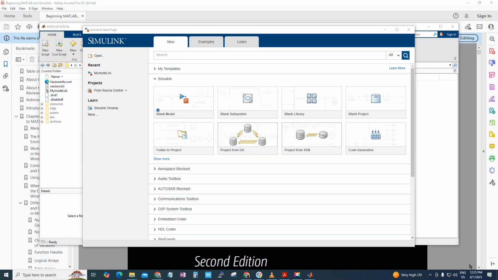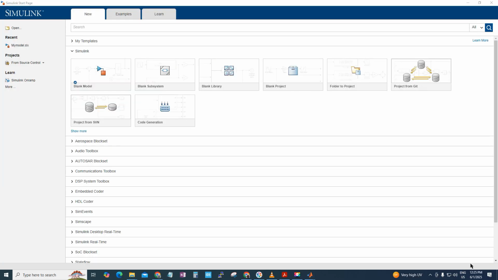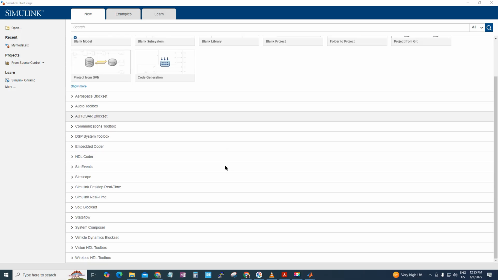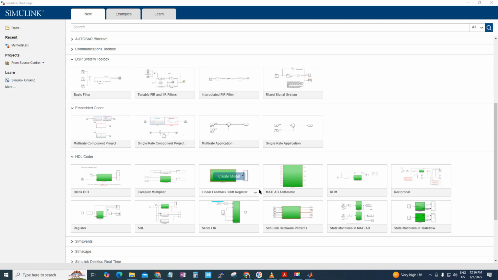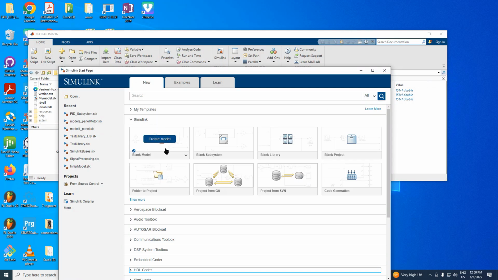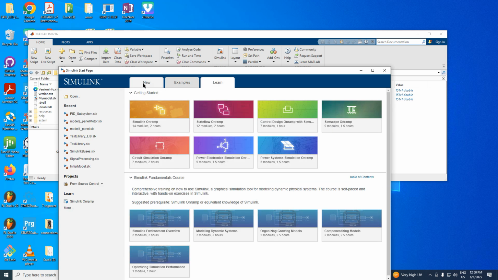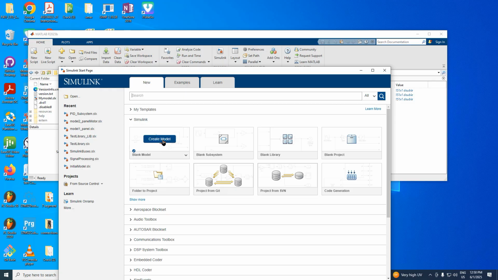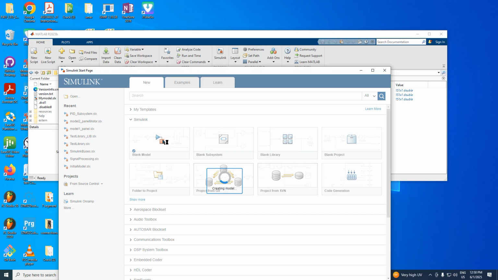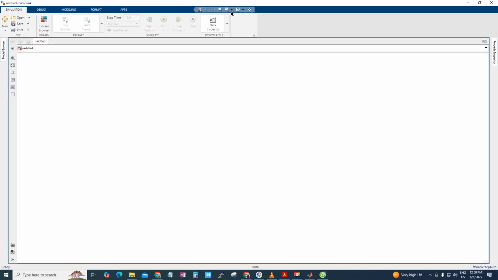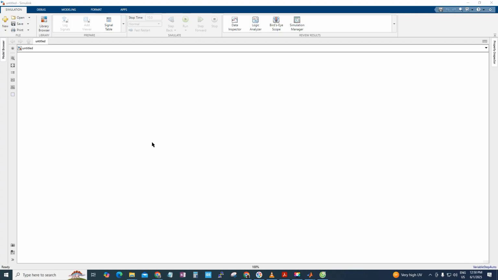First you will come here, the Simulink start page. What I have here, there are some templates. You can start with this one. Also if you scroll you will find filters, feedback controllers, multiplier, state machine, blank model. In Simulink, here it is new, and examples are also available here for learning. So we'll go for new and we'll open a blank model. When you open a blank model, one blank window will open like that. Just to show how easy it is to open a model, I will start with a blank model, and this is how you